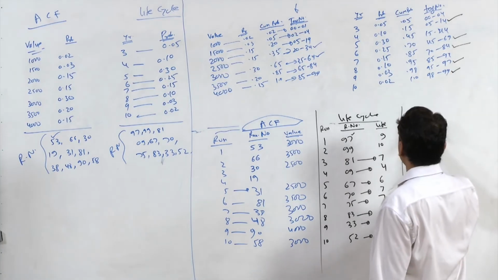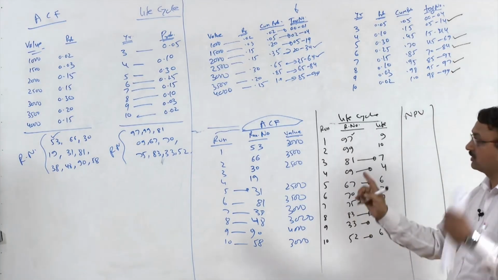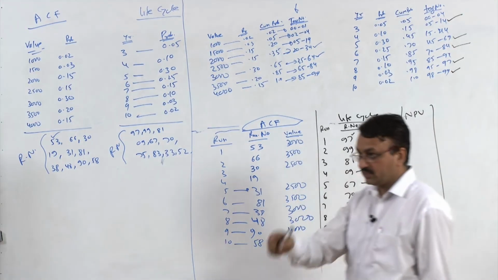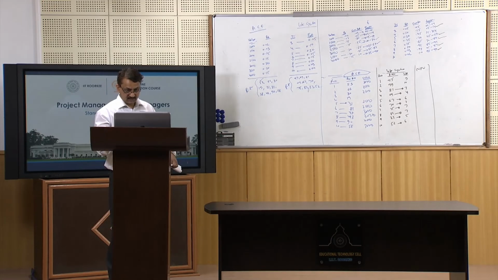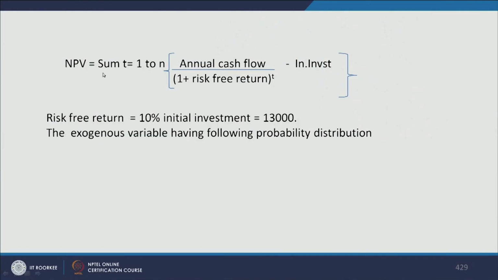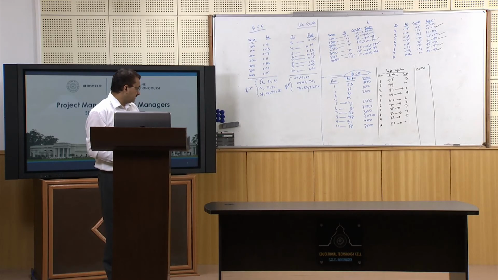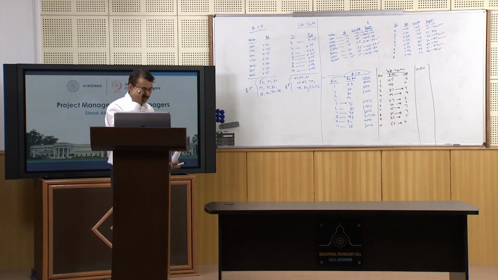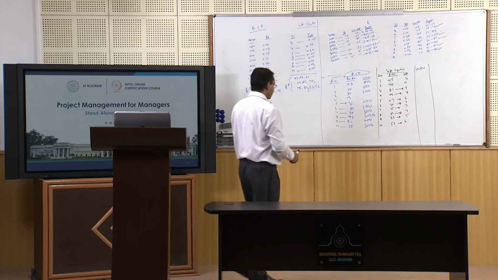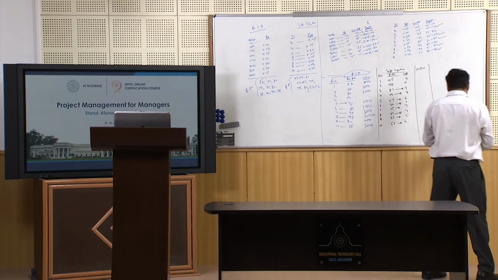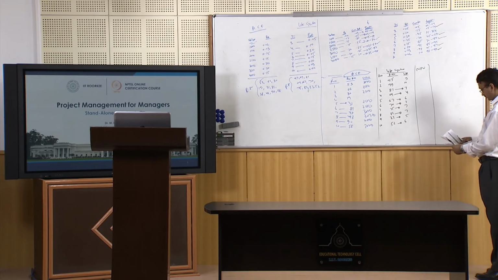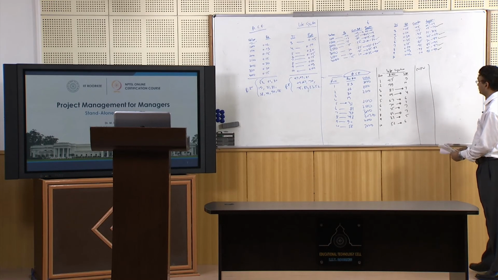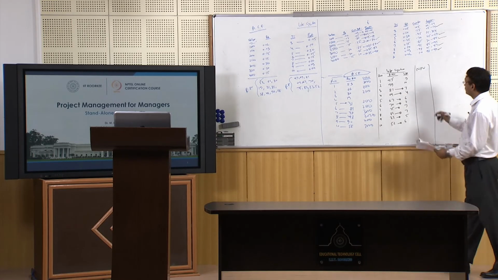And now you can calculate NPV using the formula which I gave you. The formula is here, so you use all these values and calculate NPV. You can apply this formula and find out the NPV of this particular project. So 9, 10, 7, 4, 6, okay, this is perfectly all right. So NPV would be